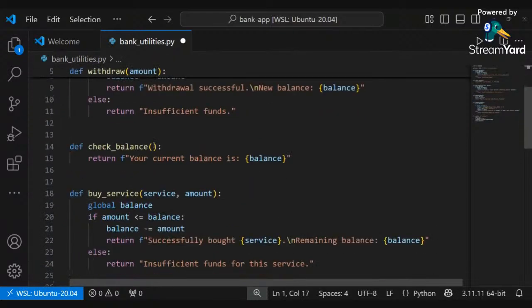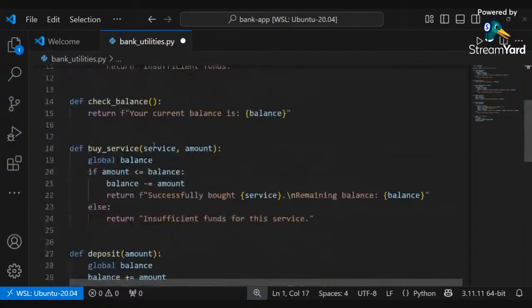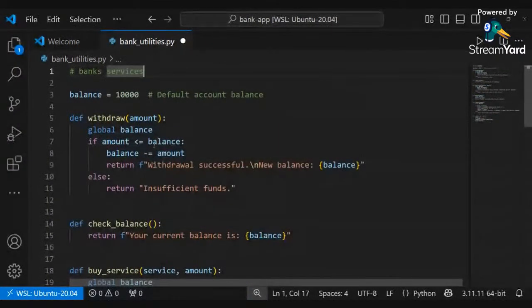So as far as we are concerned, if we are building an app, we have already built all the functions that we need for the bank services or the bank app. We've built all the functions that users might want to use. So how do we now integrate it into a front end where the user calls on the internet? When they call on it, it now calls this function to do the code. So we're going to create